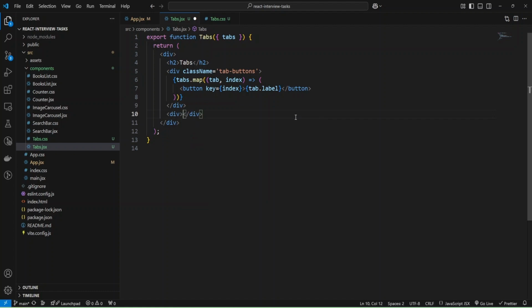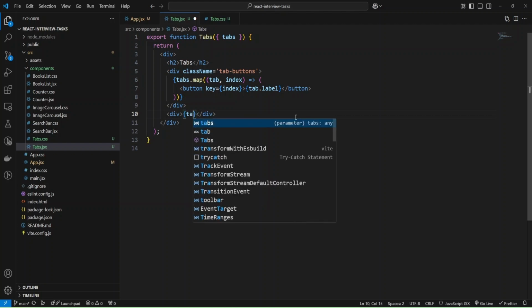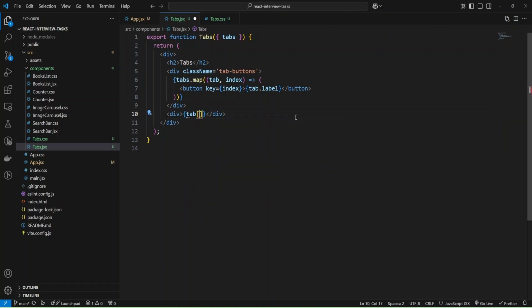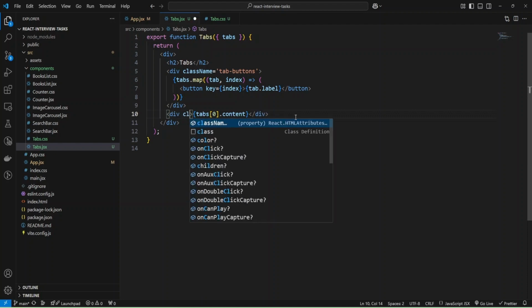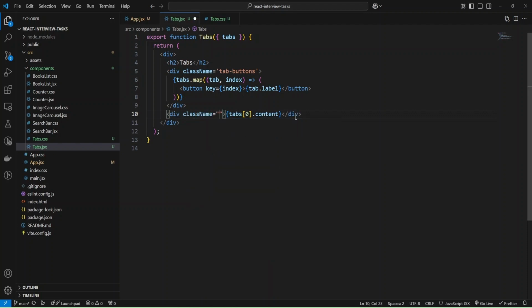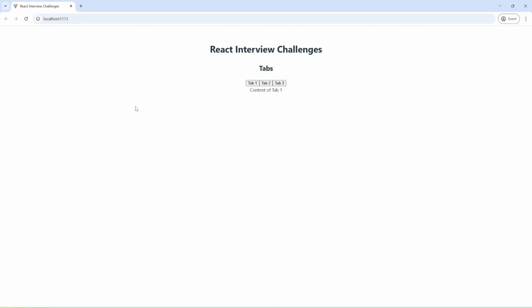And let me provide some tab, and I need some active index, and let me provide content on the first item, and let's add some class name. We'll add styles later. Probably for the interview you don't need styles, but I'll add them. Okay, and as you can see, we have content of tab 1, but buttons don't work for now.